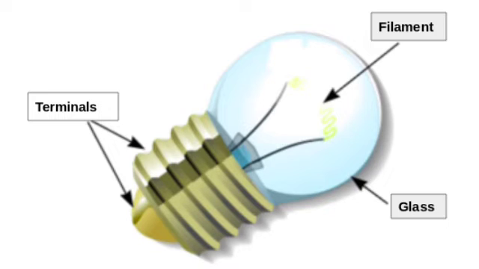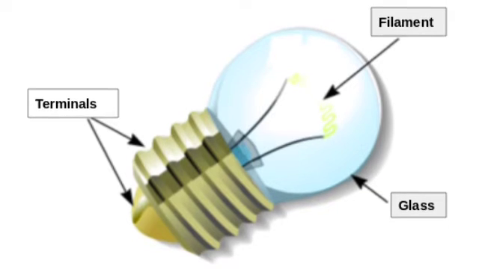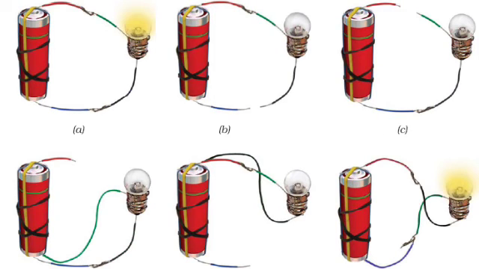A bulb connected to an electric cell. Let us try to light up an electric bulb using an electric cell. How can we do that? Activity 2. Take four pieces of electric wire with differently colored plastic coverings. Remove a little of the plastic covering from each piece of wire at both the ends. This would expose the metal wires at both the ends of each piece. Connect the exposed parts of the wires to the electric cell and to the bulb as shown in figure.